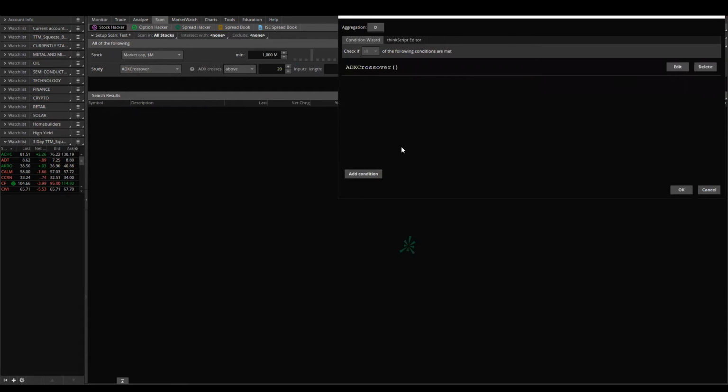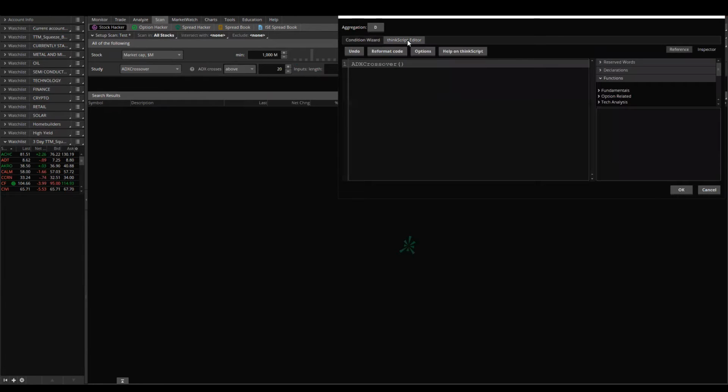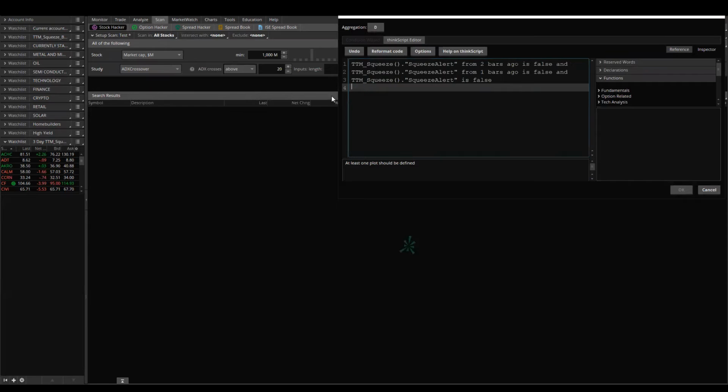When you do that, you get this little screen that pops up. You're going to go over to here where it says ThinkScript Editor. And first you're going to delete this item that's in there. Now I'm going to post this down in the comment section, so you'll be able to just copy and paste it. Basically, you want to paste this into here. So what this is saying is that when the SqueezeAlert reading is red,